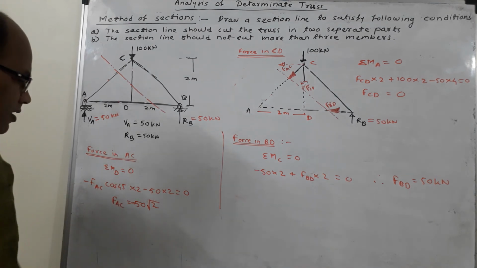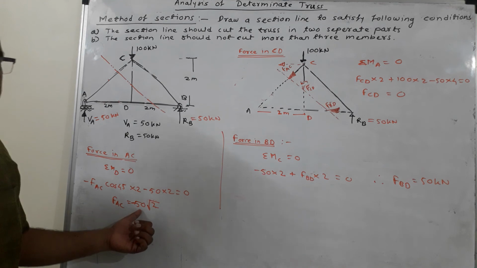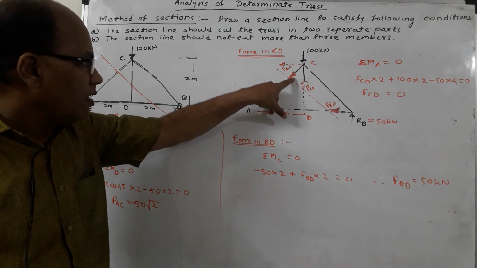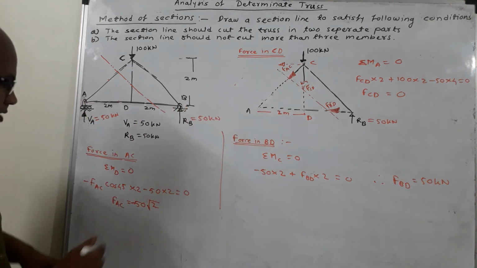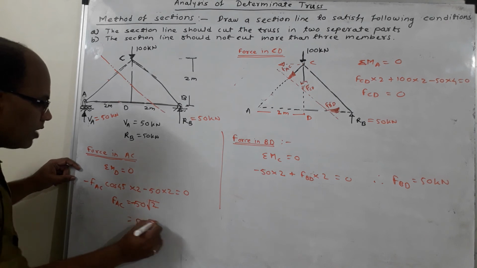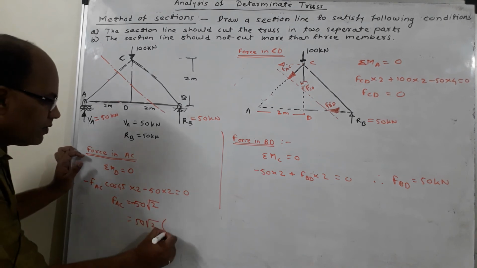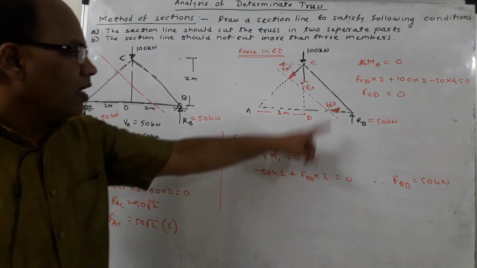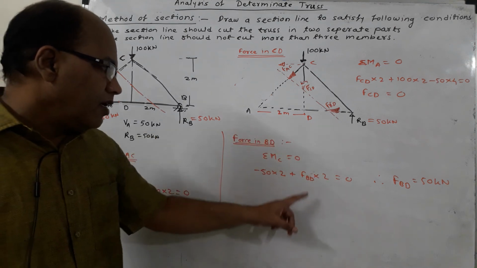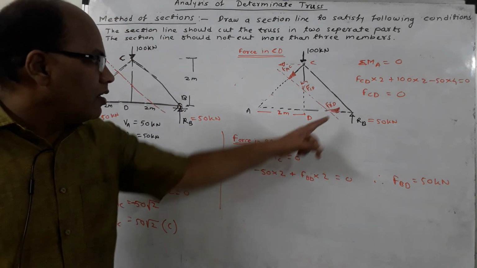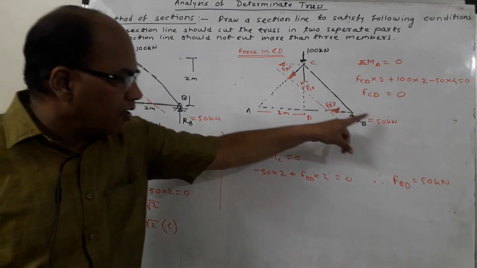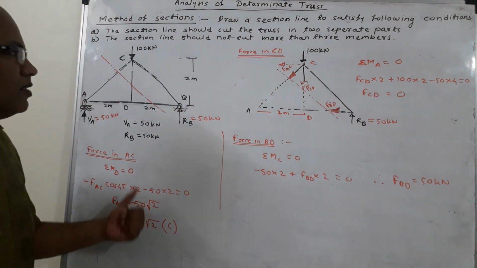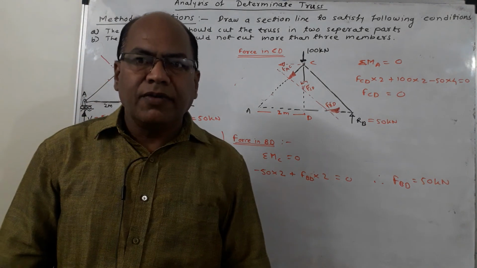Now this simply indicates that I am getting a negative value, whereas I have assumed that the force is tensile. By assuming that the force is tensile, if I get a negative value, it means that I will have to reverse the direction, change the sign, and instead of tension, I will have to write compression. So in the first two cases, FCD is 0, FBD I was getting as positive, and as I have assumed that it is tensile, getting the value as positive means that it is tensile in nature. And FAC is compressive. So this is how this method can be used.